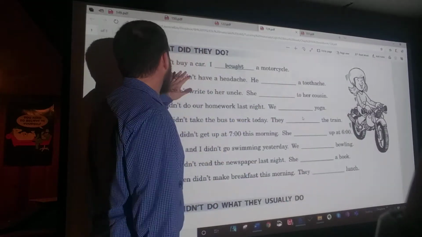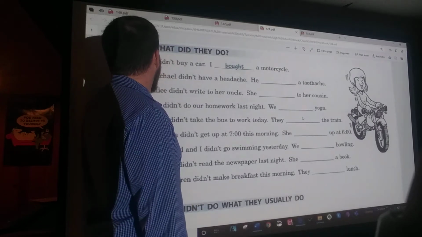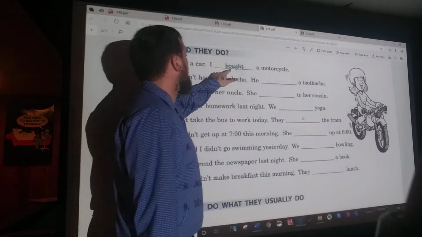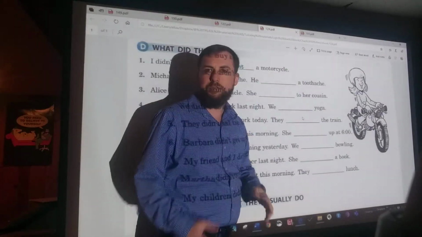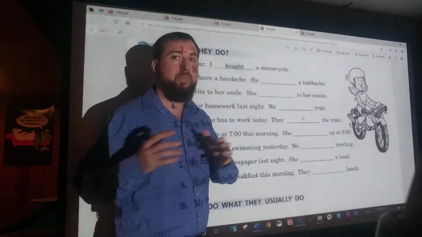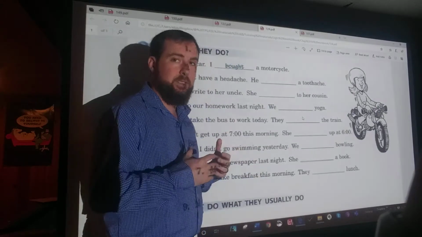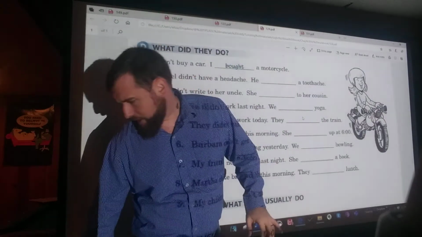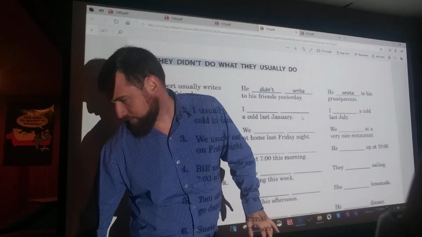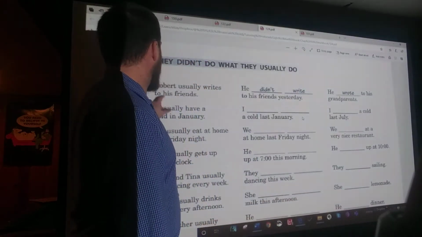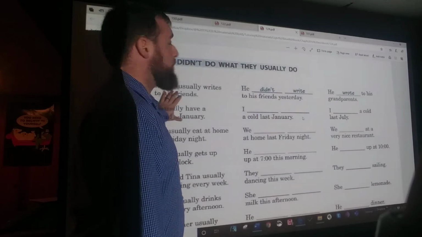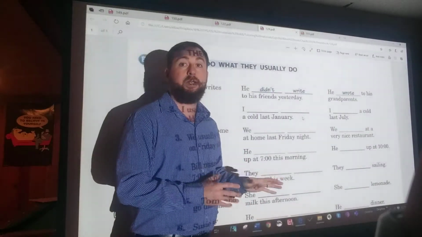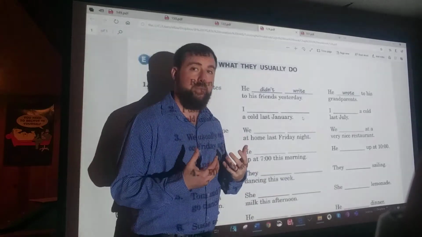So over here, it's the same kind of thing. Question number 1, I didn't buy a car, I bought a motorcycle. So same word as we were using before, buy and bought. You just got to remember it this time. So, fill in that one, number 2, and then same thing when you get to this section. Again, we're using the same words we just used in our textbook exercise. This is just getting a little practice and making sure you can remember them now if you don't have the